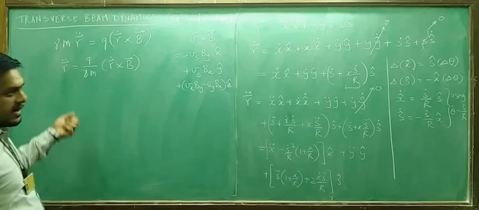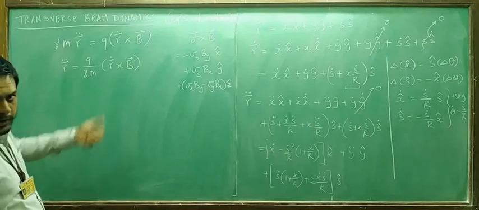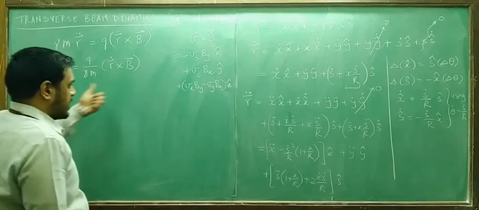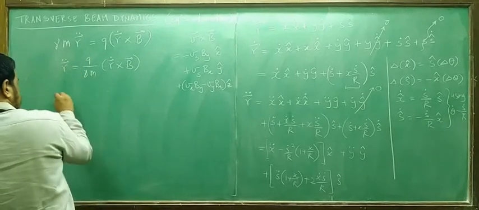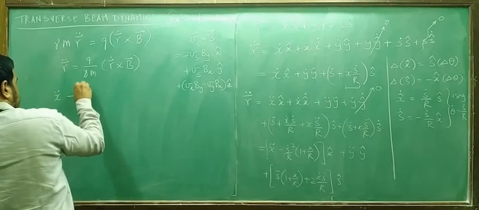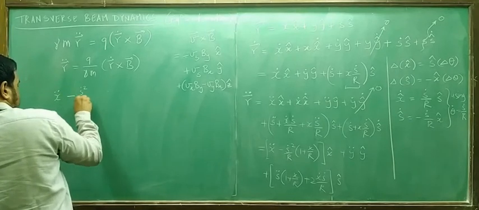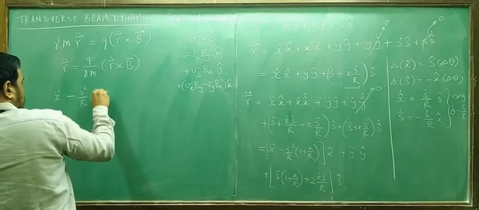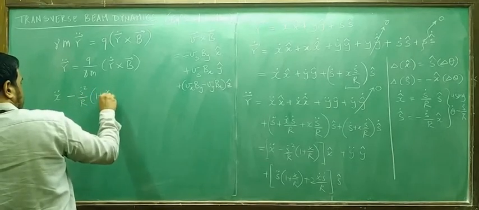We can now write down separate equations for the components. So the x component of this equation will look like this: x double dot minus s dot square by r into 1 plus x by r